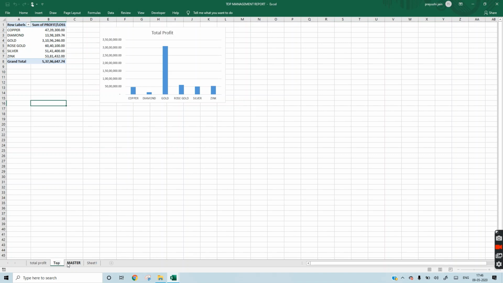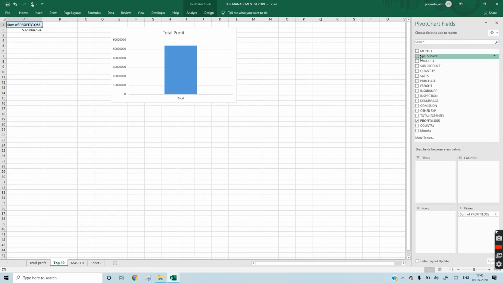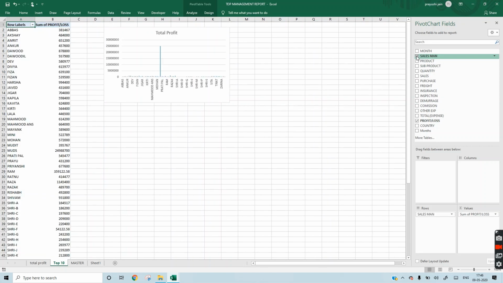We will change the name to Top 10 Performers. Now for top 10 performance, remove the subproduct and select the salesman. GP is okay. Now all the data has come, all the performing salespersons.